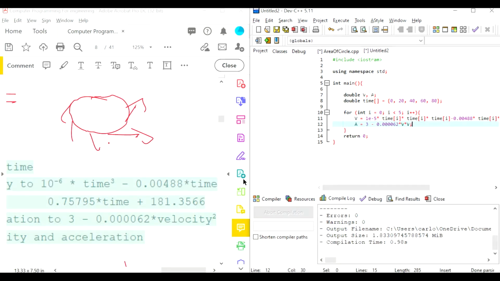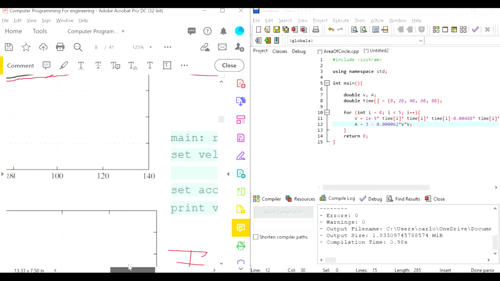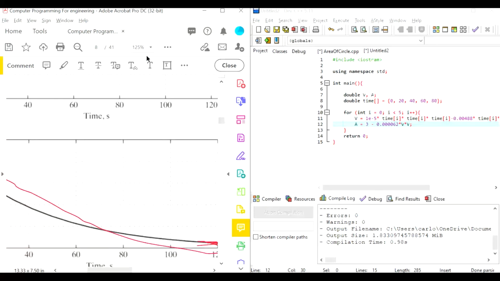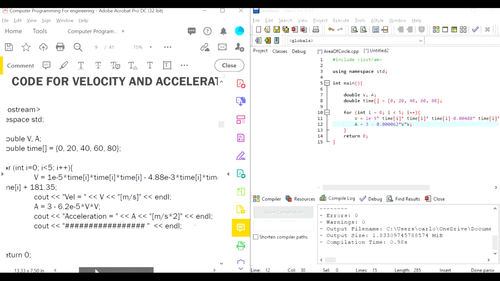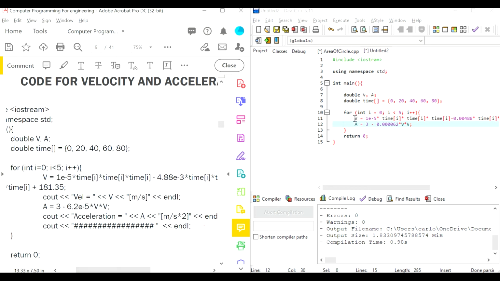Okay, so let's print velocity and acceleration. So we said that we're going to print after velocity, we're going to print cout, and then print velocity equals, then the variable velocity